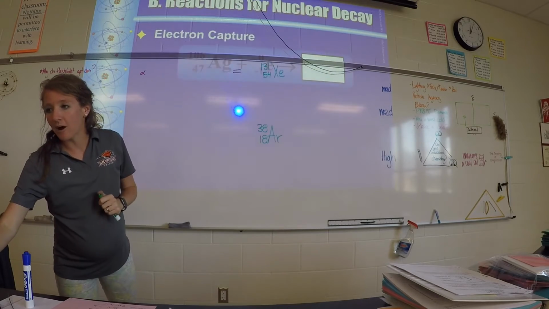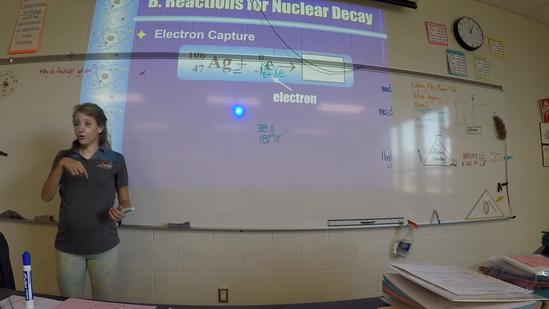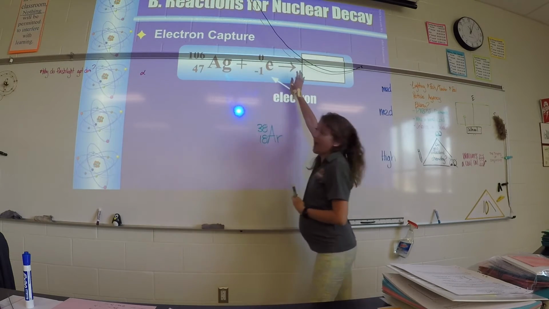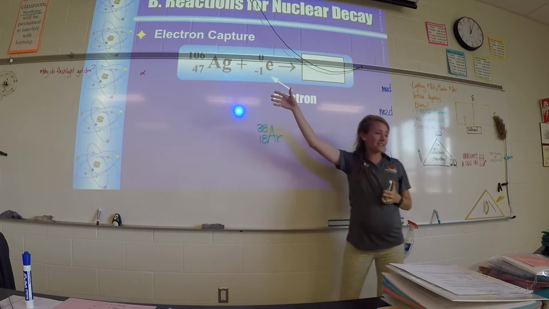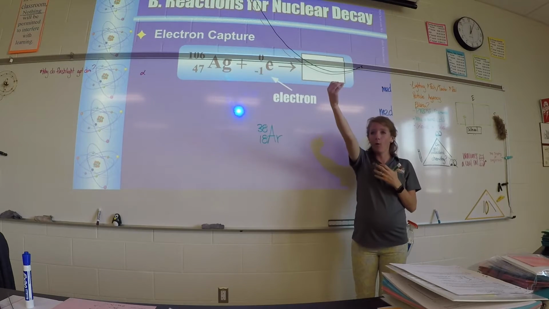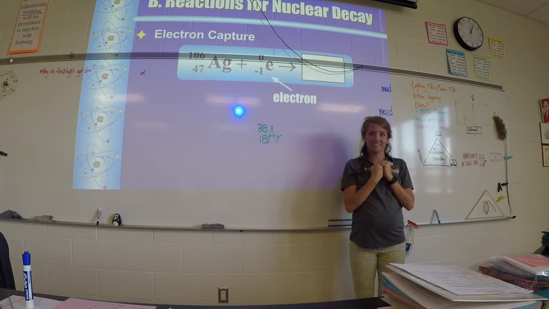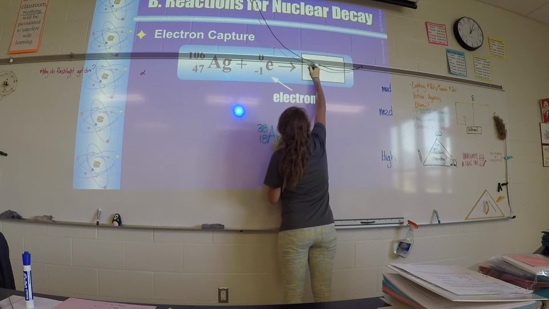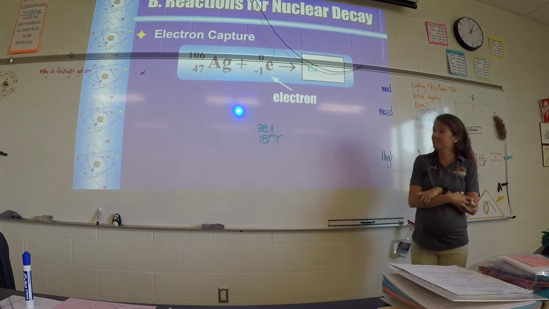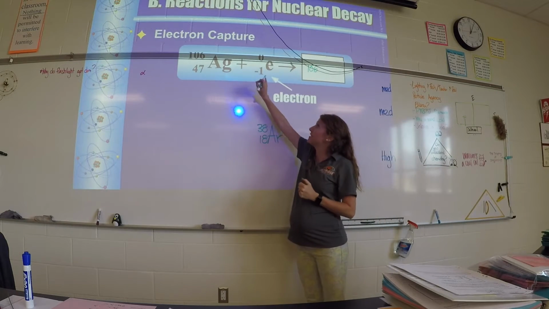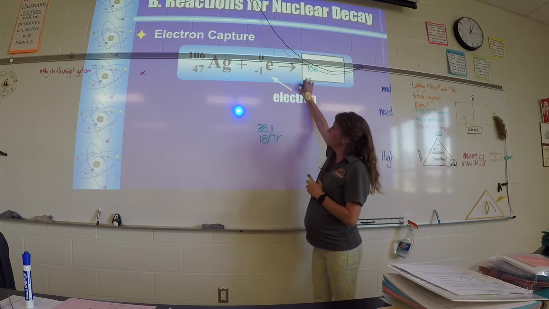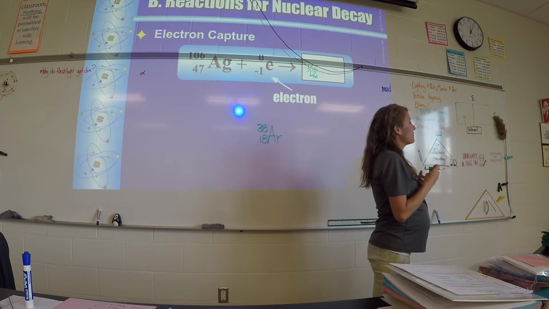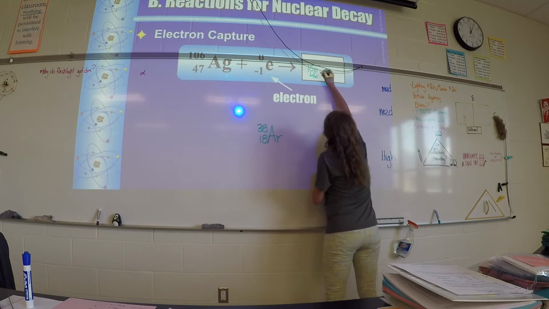Okay? All right, our next one is an electron capture. So notice the difference here, that the arrow is now after. So an electron capture is the process of a nucleus actually pulling an electron into the nucleus. Okay? So once again, the mass doesn't change. Still 106. But now we have 47 plus -1, so it would be 46. Good. So when it pulls that electron in, it goes down and we get element palladium.